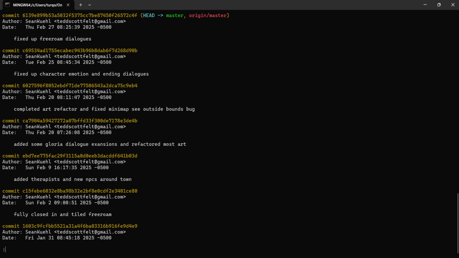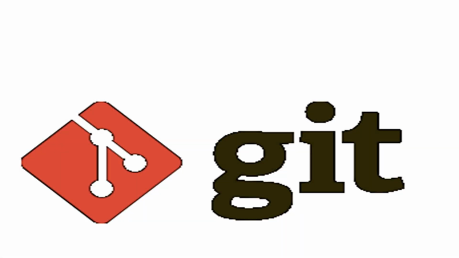So, as I've mentioned, I use Git for version control. There are some others out there, but Git is a big one. It's fast, it's easy, and it's open source and free. The only downside to using it is a little bit of a learning curve, but again, it saved this project's life